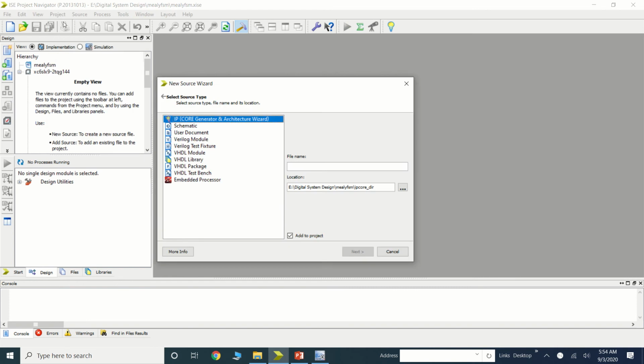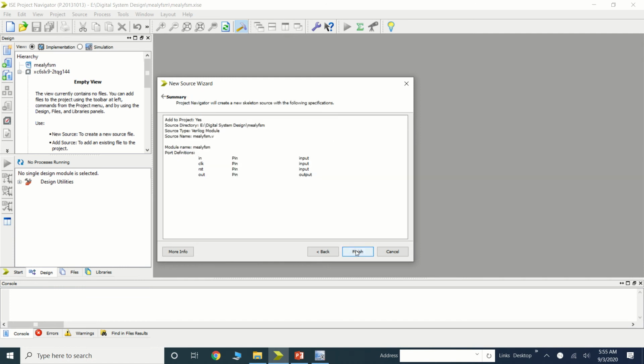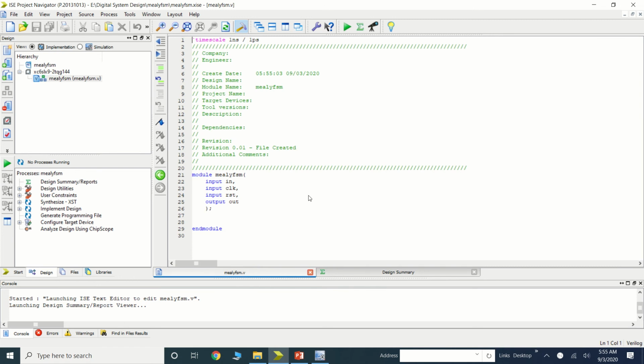Select the project, select the Verilog module, Mealy FSM. Here you provide your inputs. I am selecting the input as clock and reset, and the output as out. So this is my module ready.